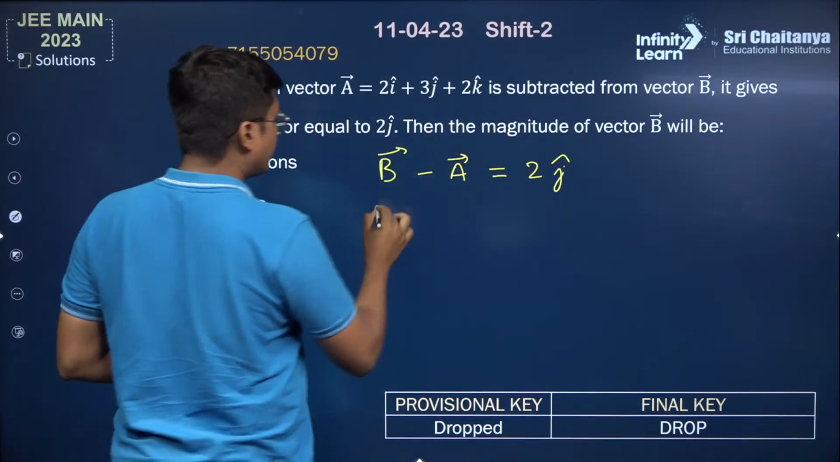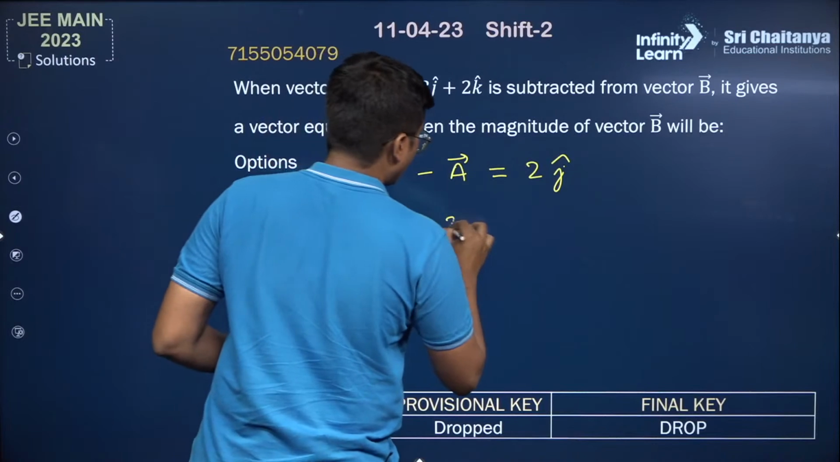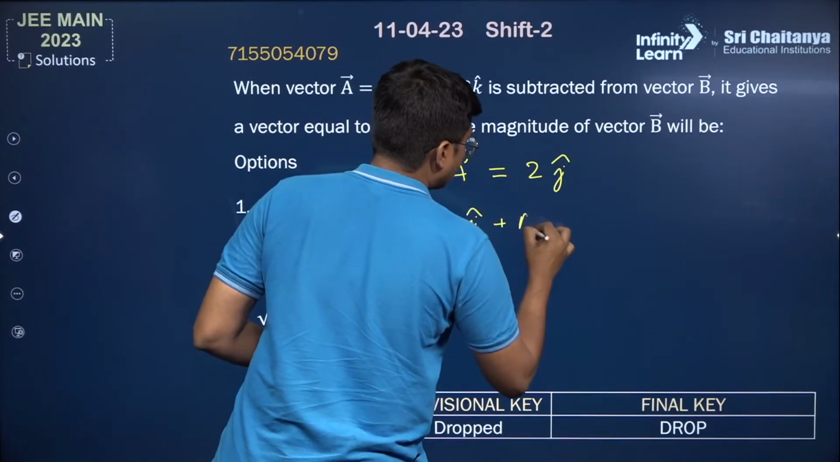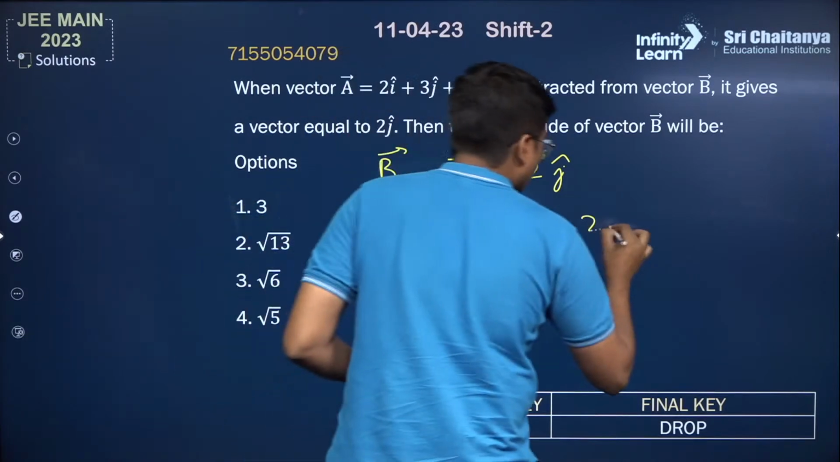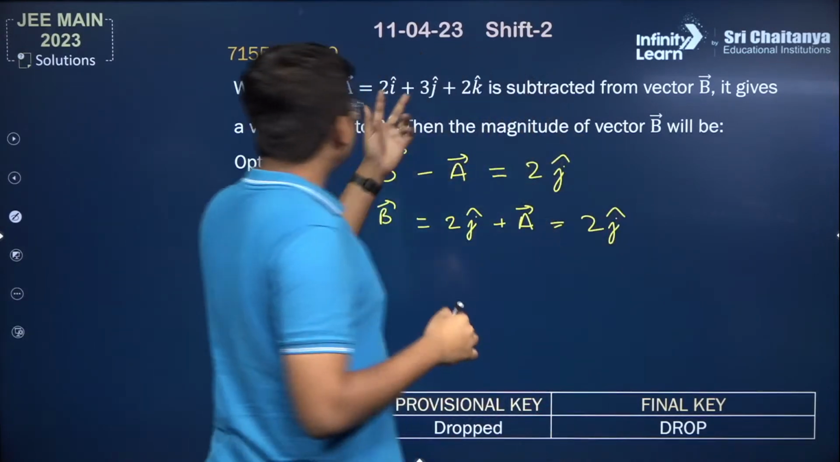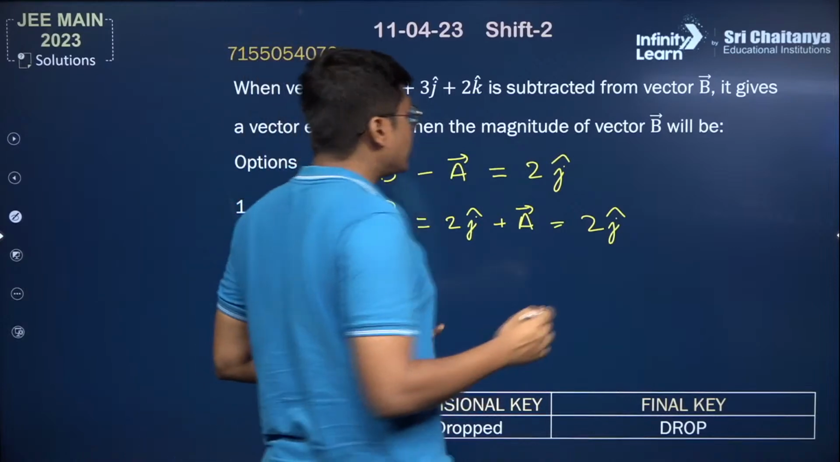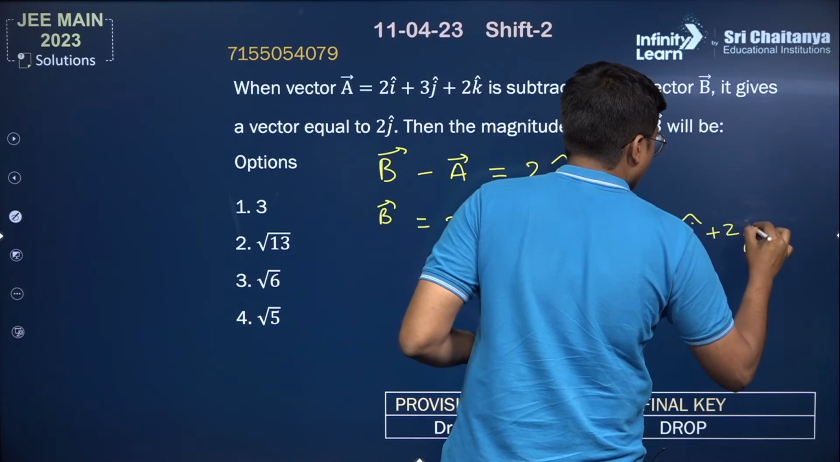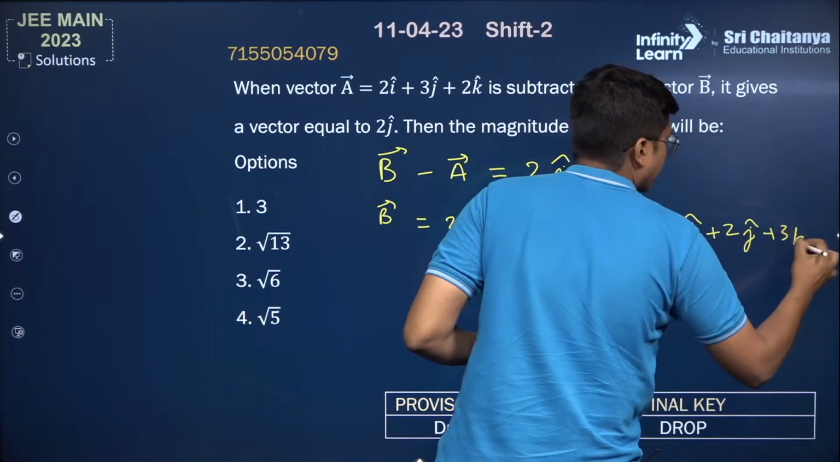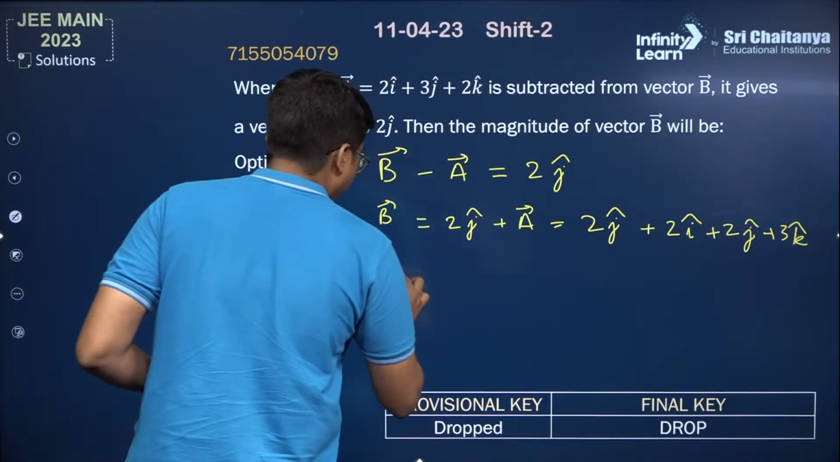So B vector is equal to 2j cap plus A vector. Now let's just write it up here. So 2j cap plus A vector, where A vector is provided as 2i cap plus 3j cap plus 2k cap, which makes your B vector